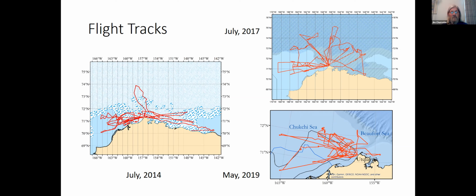So we looked first for regions where we could fly, clear skies ideally, but regions where we could fly under the clouds and look into the water, and then once we had those regions, we're looking for regions of broken ice.